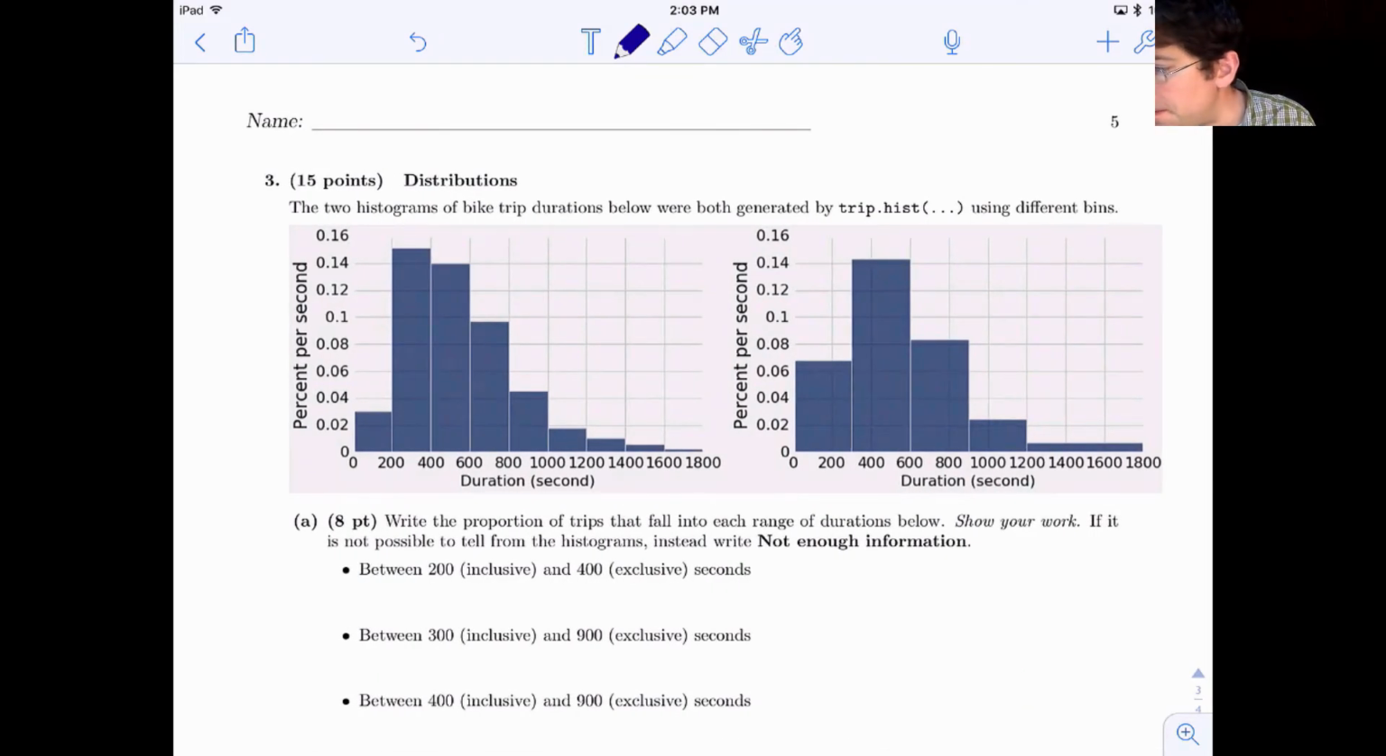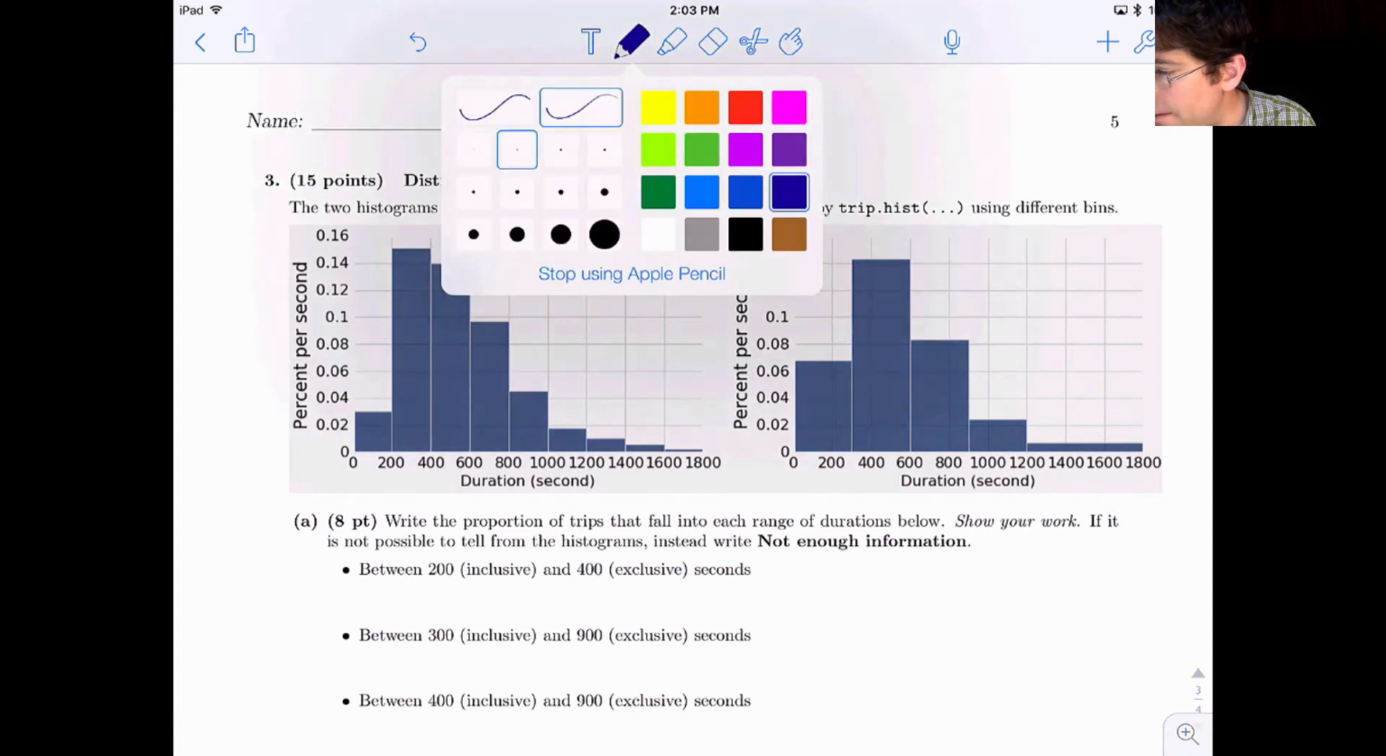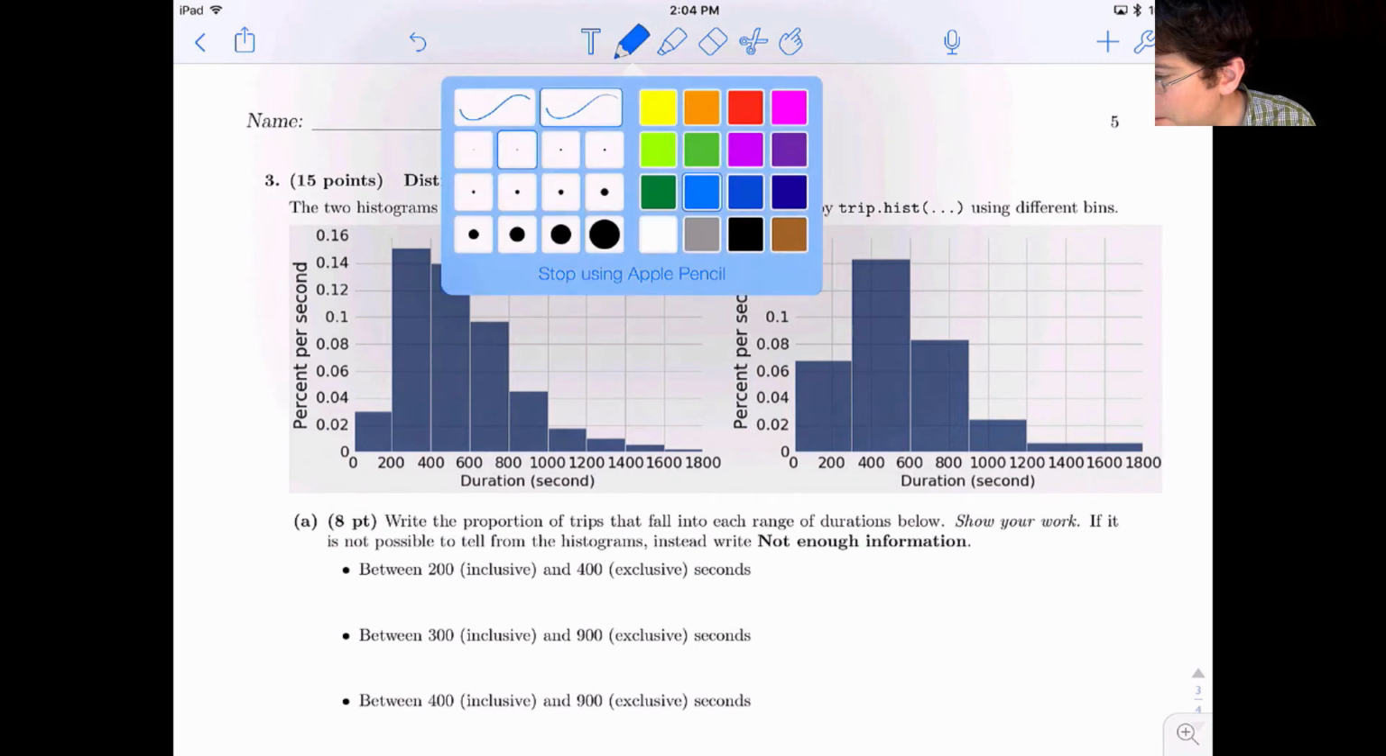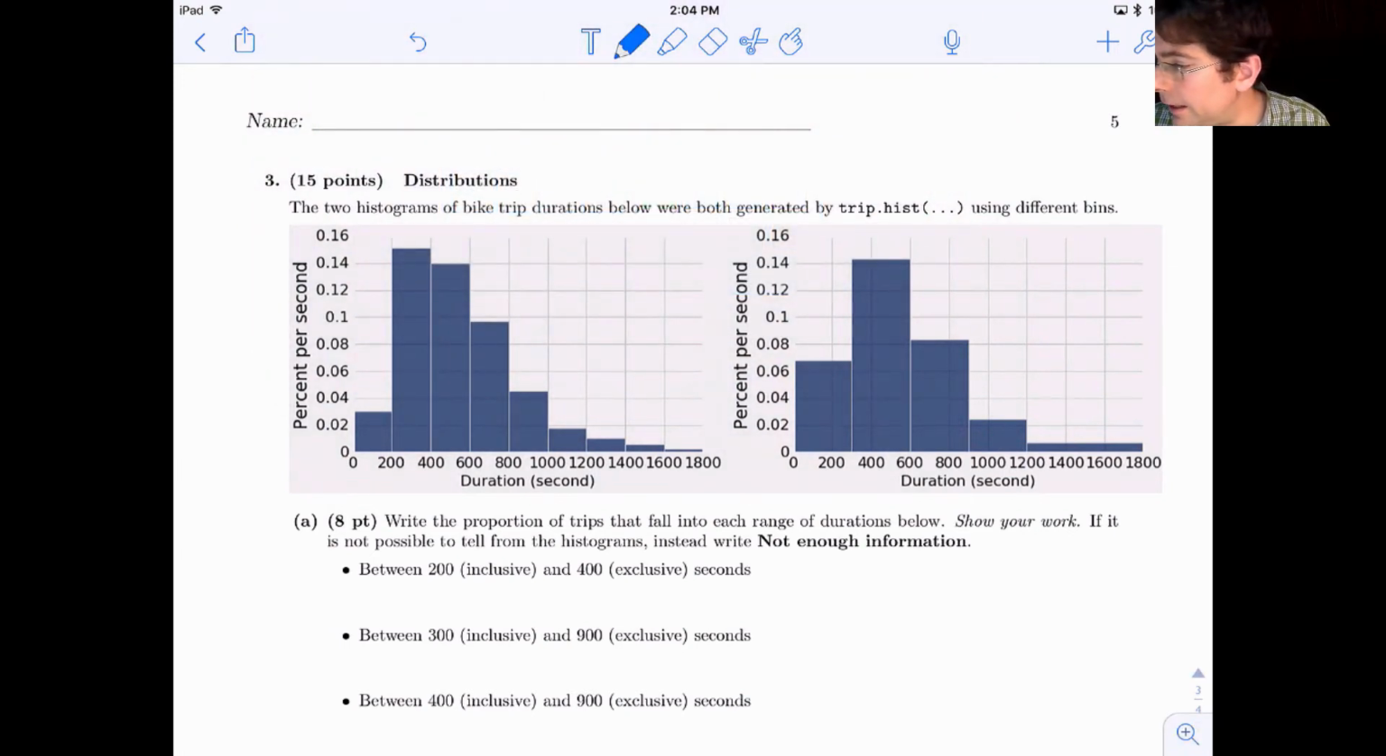Okay, two histograms of bike trip durations below were both generated by trip.hist using different bins. So the interesting thing about this problem is this claim that the same table generated both histograms. So trip is a particular table of all the trips. Trip.hist would be something like trip.histogram of the duration column